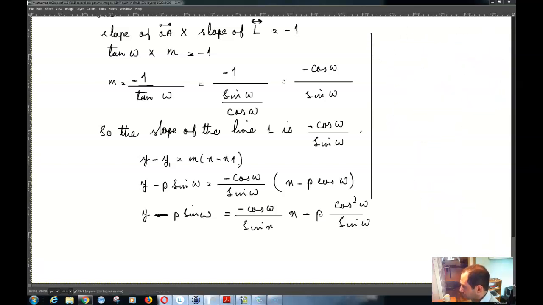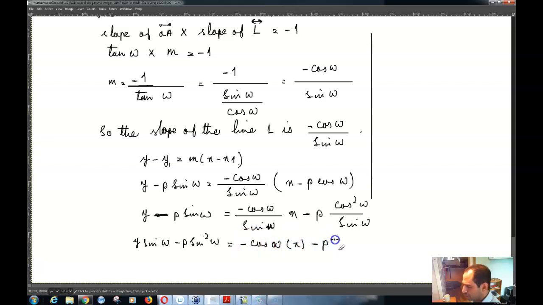Okay, I apologize for this, but anyway, if I multiply by sine omega, I'll get basically y times sine omega minus p times sine squared omega is equal to negative cos omega times x